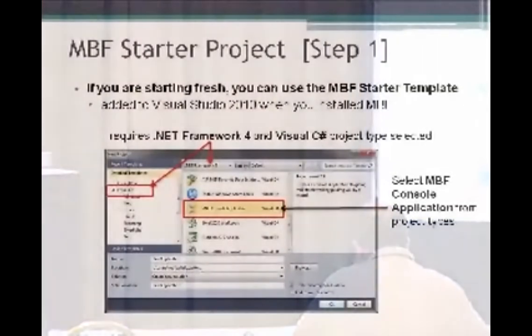So we've talked a little bit about this. To use MBF itself, all it requires is that you add a reference to the MBF assembly. So we add it into our project. You do need to make sure that you're on the full .NET 4 framework. Those are the 2 key steps. Once you do that, you have access to all these classes and can actually use them.